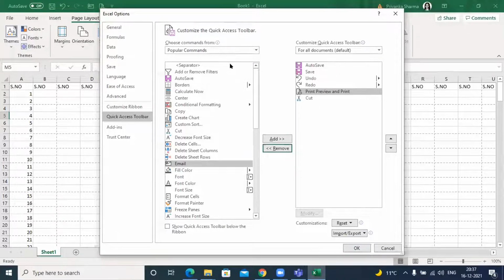I will wait for all of you to try this quick access toolbar now. See the different things you can do. Try to add things in the quick access toolbar. Try to remove things from the quick access toolbar. I'll give you 2 to 3 minutes. Please try. I'll wait for you, and then let's quickly move to the next concept.